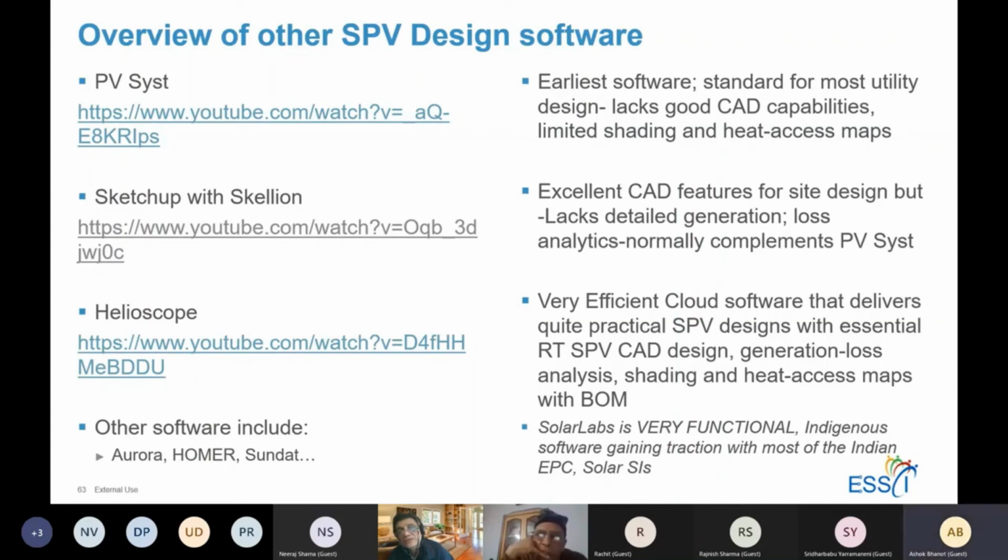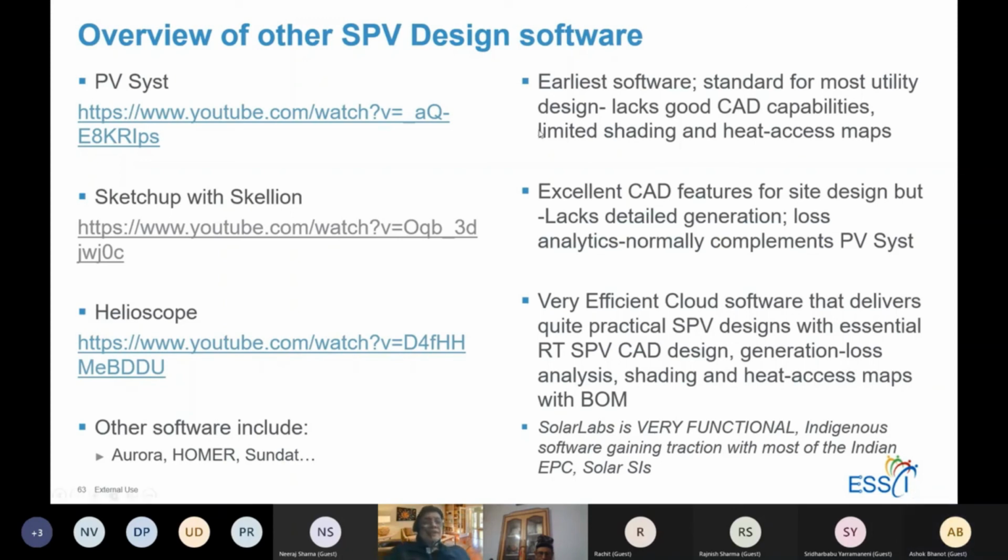Just for reference, typically PVSyst is used along with a CAD software like SketchUp with Scala. PVSyst itself may cost you, when the dollar was lower, nearly 80,000 for a commercial license, and then would grow beyond that in cost structures. SketchUp will be again pretty expensive when you start getting into the paid versions of it, and you have to use it along with other software that starts increasing your cost structures. Also, not everybody will find SketchUp with Scala that easy to work with.